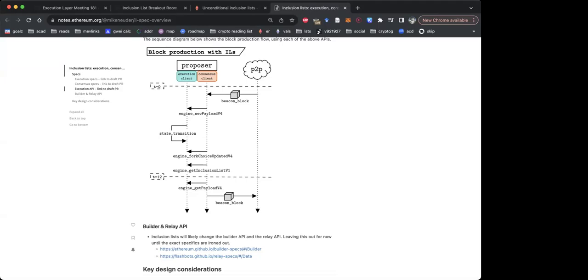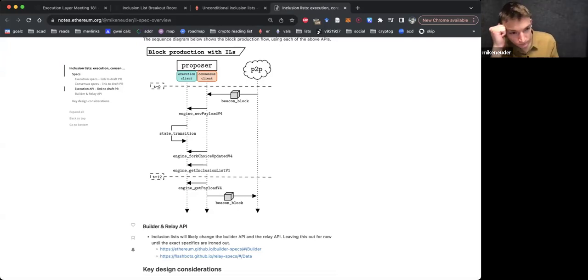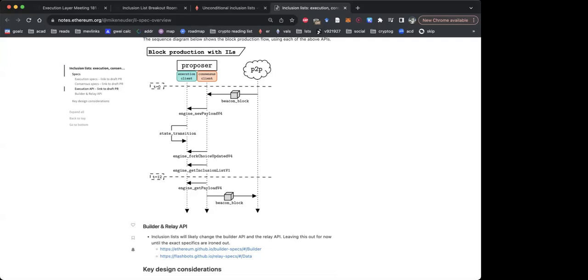It makes every slot the same. With or without MEV-Boost is the same kind of calling. Can you say that last part again? That you don't have different paths if you're calling with MEV-Boost or not, because you choose your block. Even if you're using MEV-Boost, you choose your block after you've received the bid and the local payload. So in order to keep this symmetric and not treat it differently, whether you're going to build locally or not, the easiest implementation is you request an inclusion list at the start of a slot.